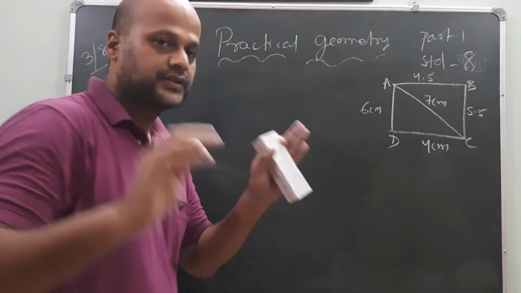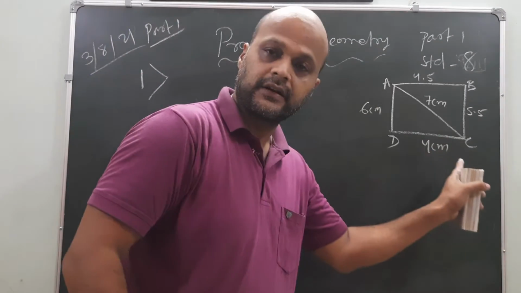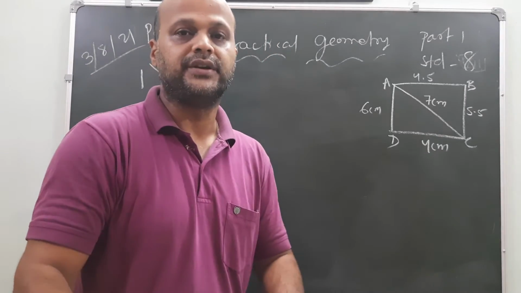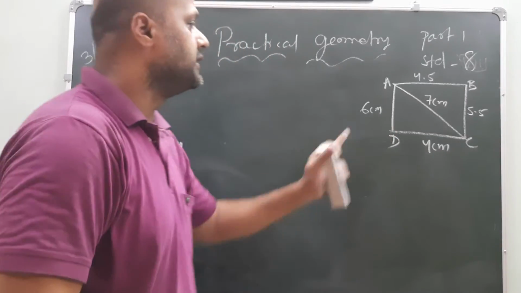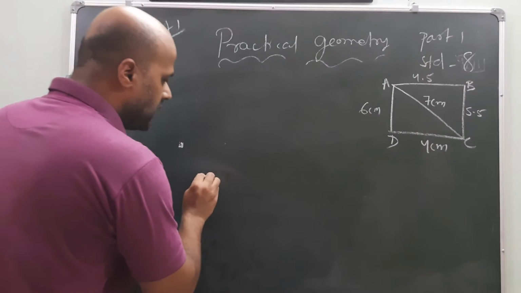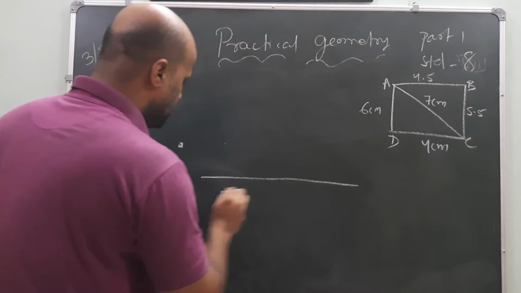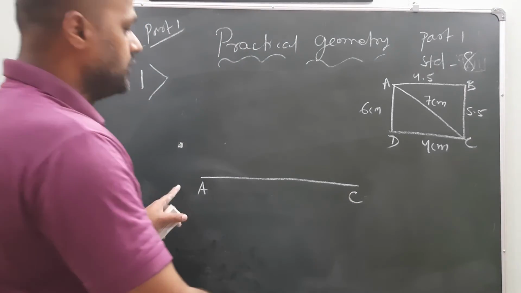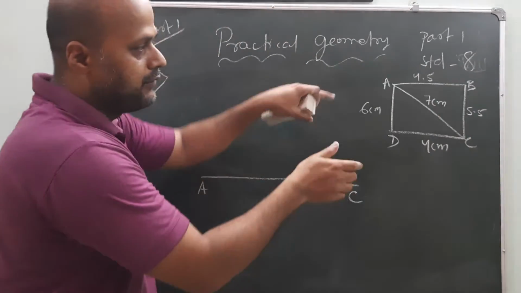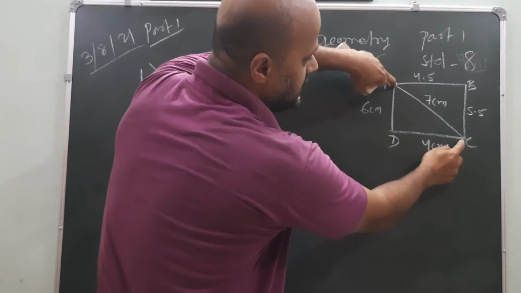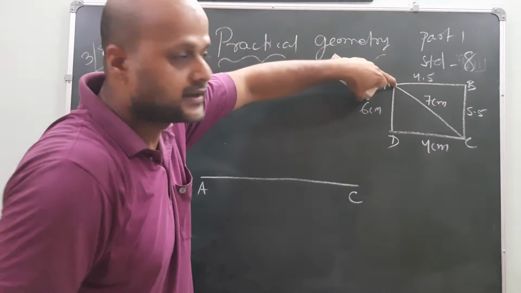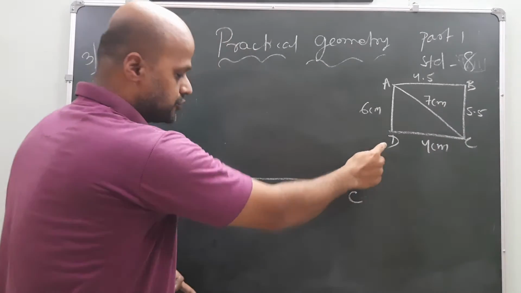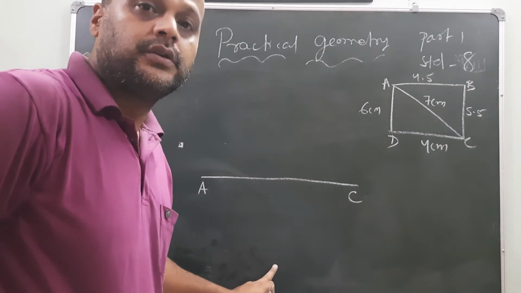If 4 sides and AC, a diagonal, of a quadrilateral are given, blindly go to the diagonal first. Take the measurement with the help of the scale and draw first A and C. Understood, my dear friends? Now AC is present here. If I am looking from this side, in the top side B is there, no? So B will come on top, and B's opposite point is D, so D will come on the bottom side.